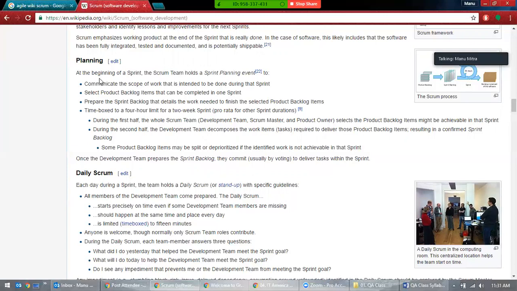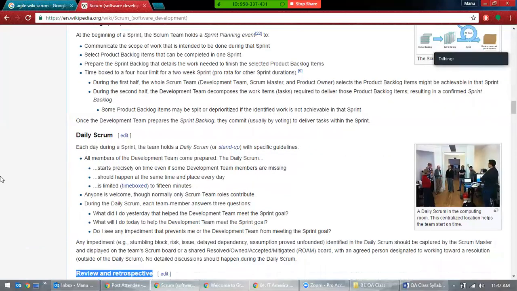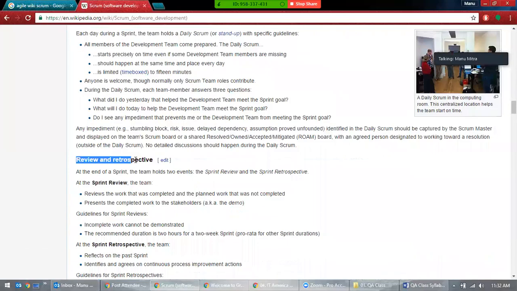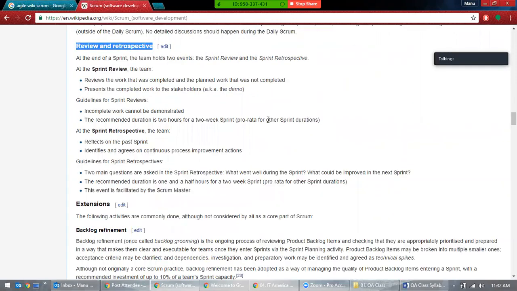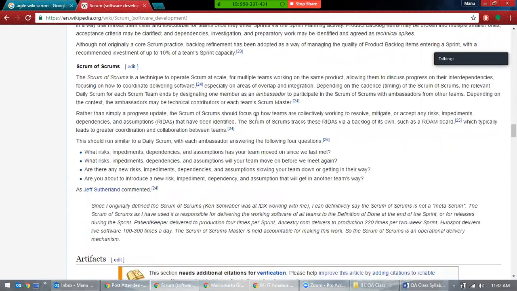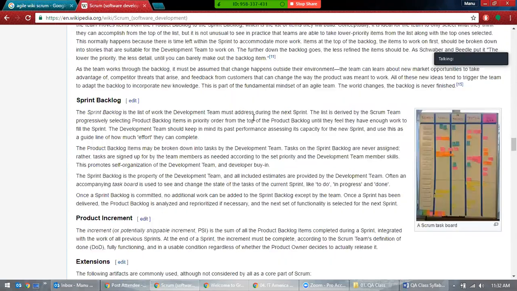The Scrum master is technical, so all of this is hosted by the Scrum master. The sprint planning, daily scrum, and review and retrospective are hosted by the Scrum master, who will be taking notes on how we are supposed to move and what the impediments are that need to be addressed. Okay. Any questions so far?